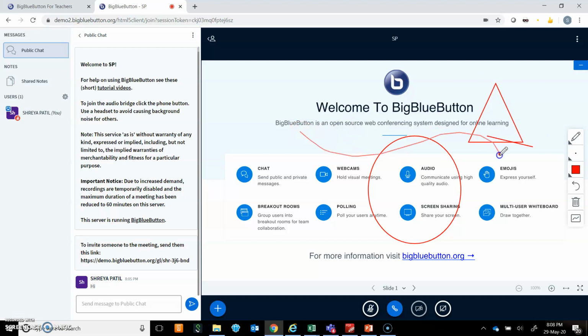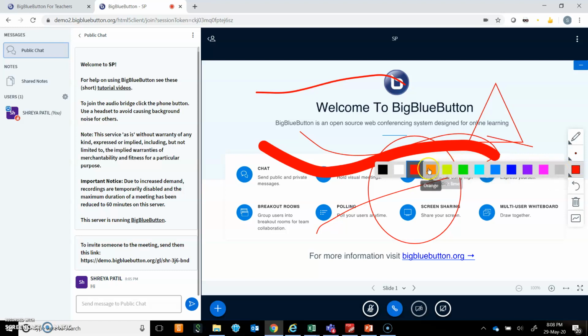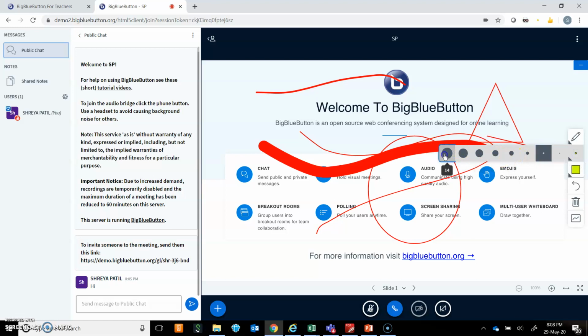Otherwise, I can also have a freehand. So the pen option is also available. The next button gives me the options to choose my pen size. If I want to use it as a highlighter, I will take a large size, or I can take a very fine one that would allow me to write. Below that, it gives me the option to choose the color. If I want to highlight, preferably I can choose a lighter color and the broader pen size.